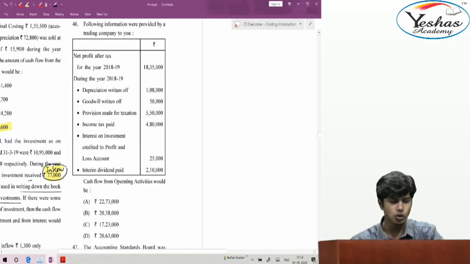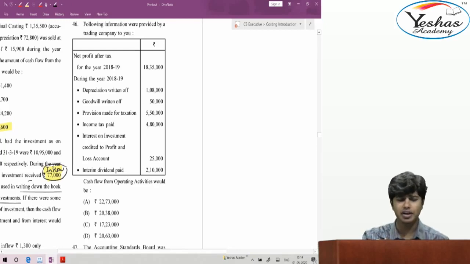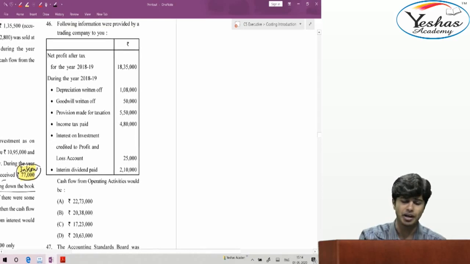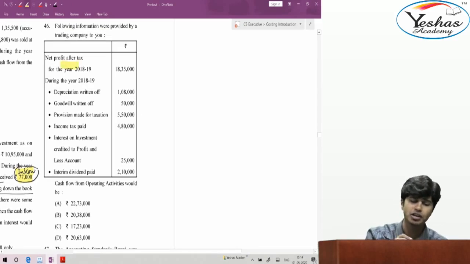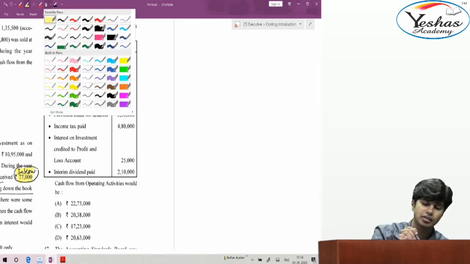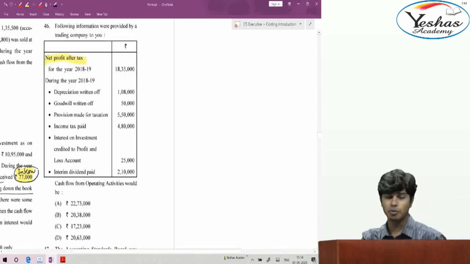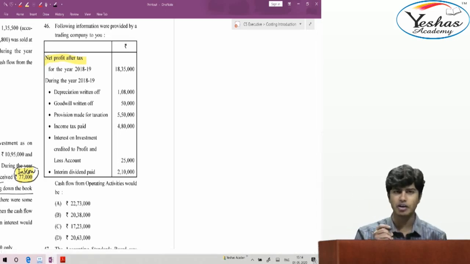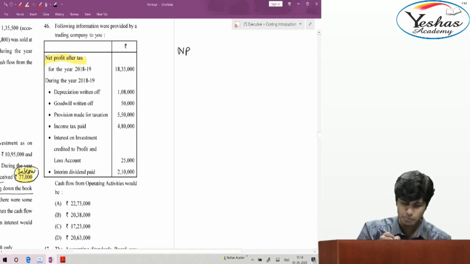Come on, let us go to question number 46 here. It talks about the following information provided by a trading company. They're asking for operating activity and have given us net profit, so they want us to do it in the indirect method. You remember the indirect method? We start with net profit as per the P&L account, add non-cash and non-operating items, and subtract non-operating income to arrive at cash flow from operating activity. So my starting point is net profit